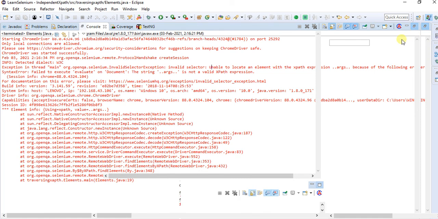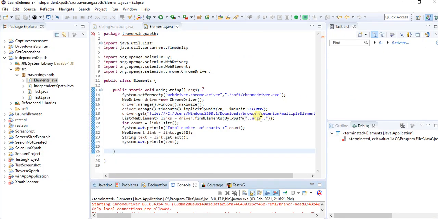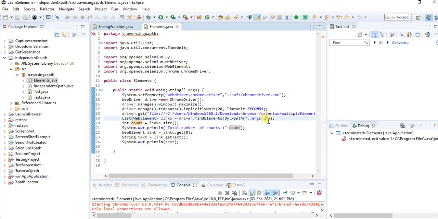Let me minimize this, and we have to go here and just add the correct XPath. So let me run one more time.